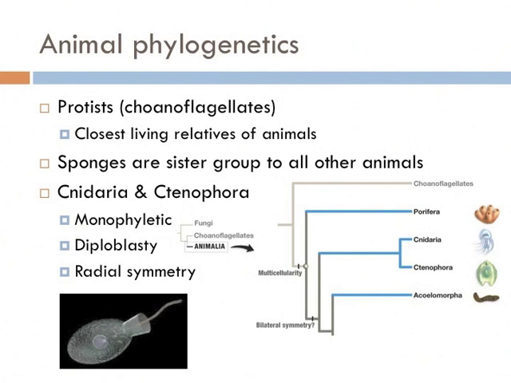Porifera are sponges that don't have any body symmetry and lack different tissue types. The next animals have radial symmetry, and they're known as the Cnidaria or the Ctenophora. And you know these as jellyfish or comb jellies. And these are the only groups of animals that have radial symmetry throughout their lifetimes and are sometimes lumped together in a grouping called radiata.